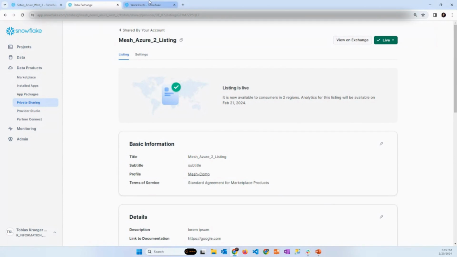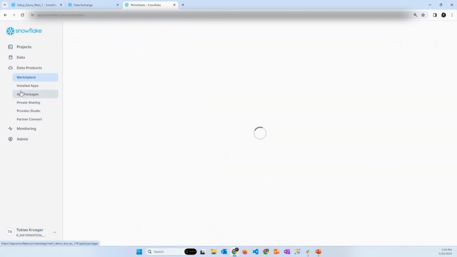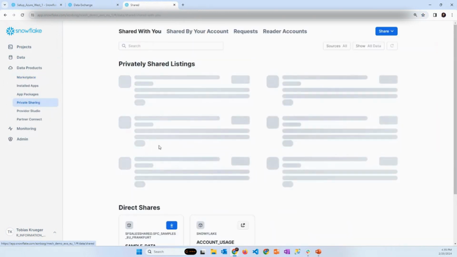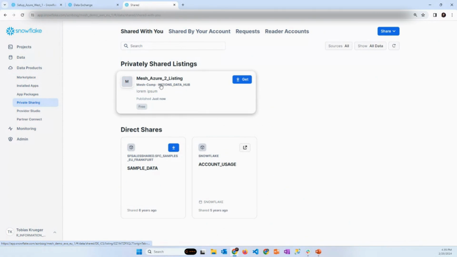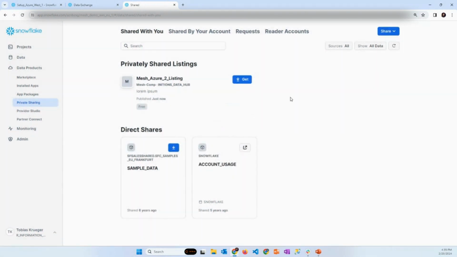What we can do now, for instance, is go to AWS and say, okay, I want to go to private sharing. Then I see my Mesh Azure 2 listing is here, and I want to get it. It says it takes about 10 minutes, and they will inform us with the email that we provided for our account.